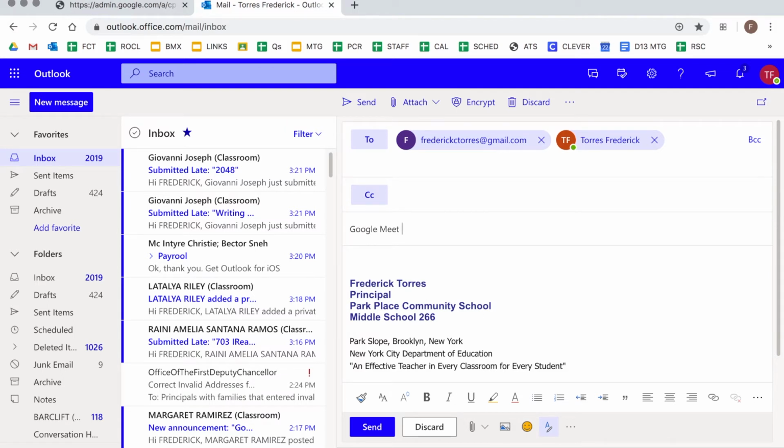Google Meet invitation, April 23rd at 10 a.m. And then I will say, to join the meeting, click here. And I just always like to do a little arrow like that, and I go like this, link, and then I'm